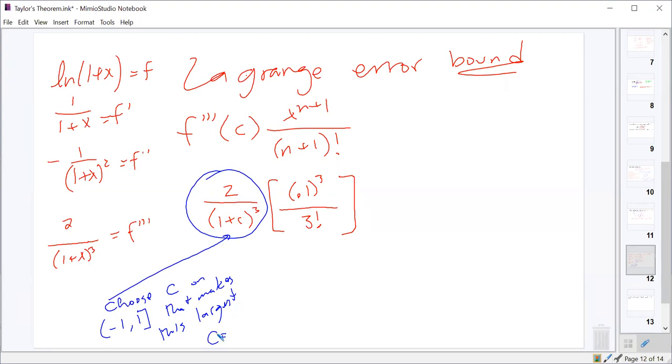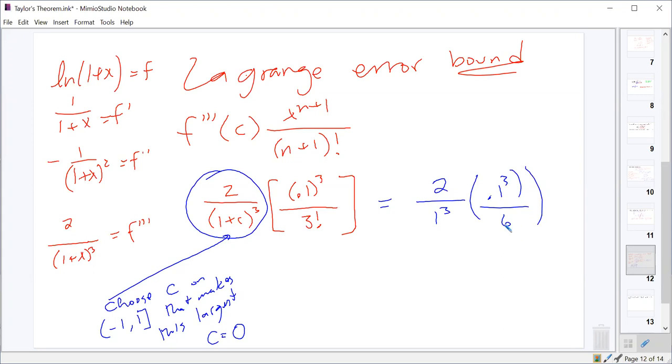C equals, remembering that this is in the denominator, so the larger the number in the denominator, the smaller this thing becomes. So we want this number in the denominator to be the smallest it could possibly be. So what value between -1 and 1 makes this the smallest denominator or the largest value? Exactly, c. We choose c equals 0, which then gives us 2 over 1 cubed times 0.1 cubed over 6